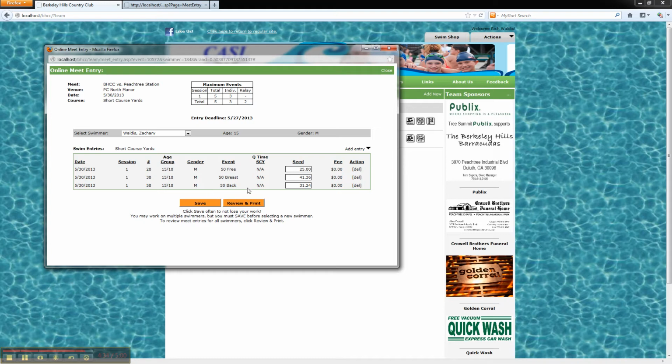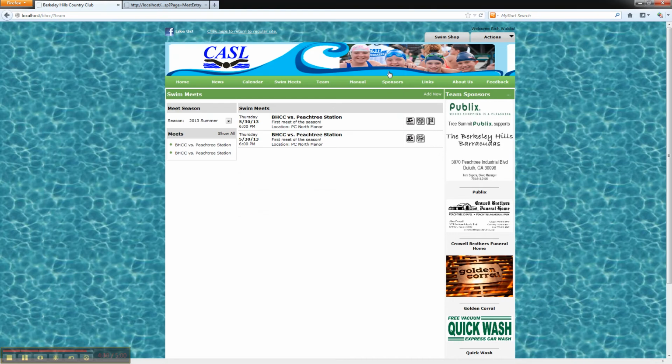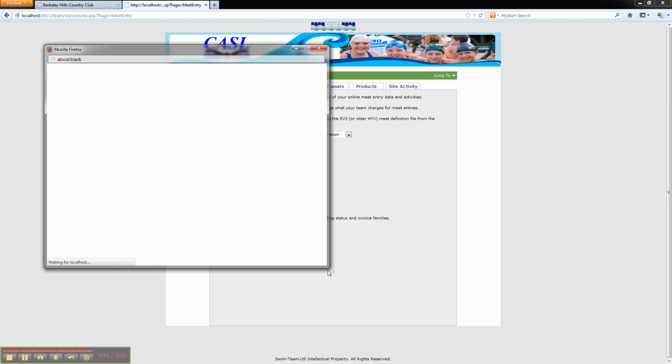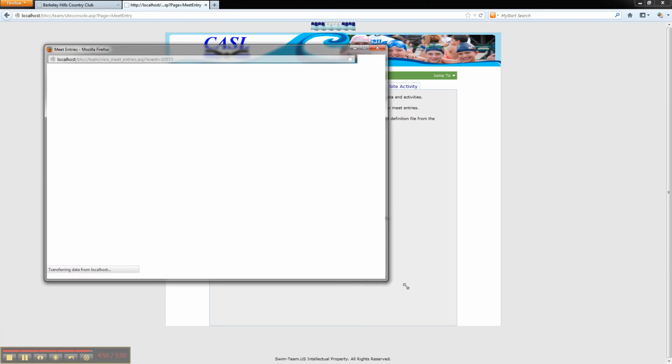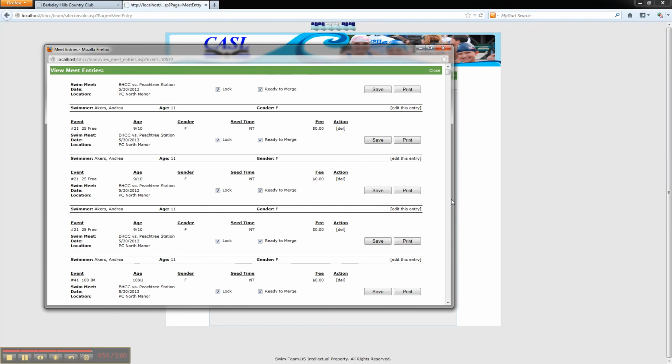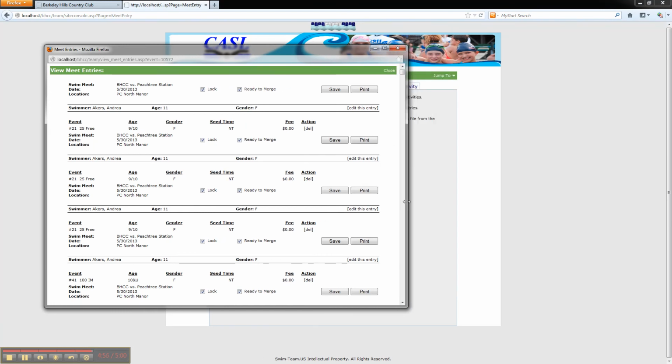Things yet to come are the relay setup. We haven't incorporated that yet. So after you've done some meet entry, the coach can work from the site console and look at all of the meet entries from here. Clicking the Go button will present all the entries so far. And there's a couple things that I want to show here. So this is by swimmer. We're also